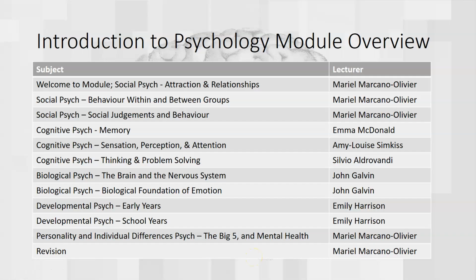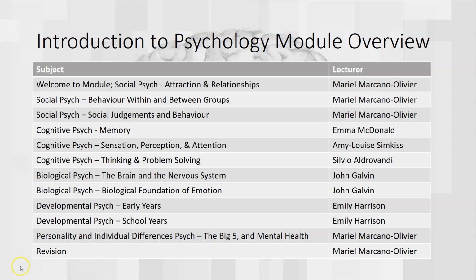During this module, you will cover 5 different types of psychology. These include social psychology, cognitive psychology, biological psychology, developmental psychology, and personality and individual differences psychology. One of the great things about this module is that each area of psychology is delivered by one of our specialists in that subject area. This gives you the opportunity to learn different areas of psychology from our experts, and also gives you the opportunity to learn some of the members in the department, which is going to be crucial for you as you start